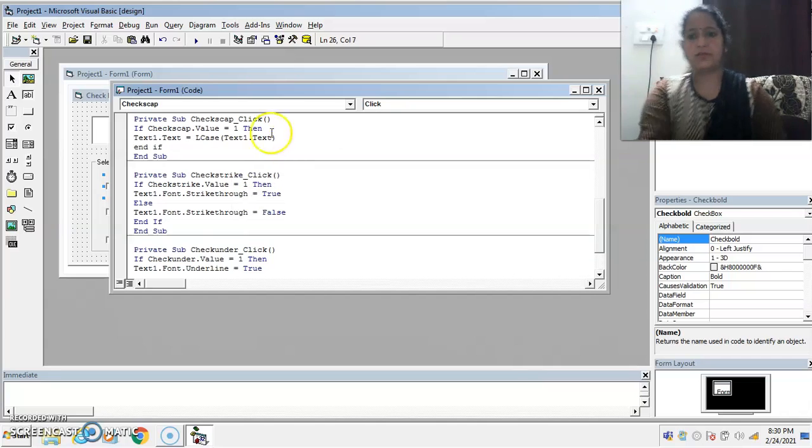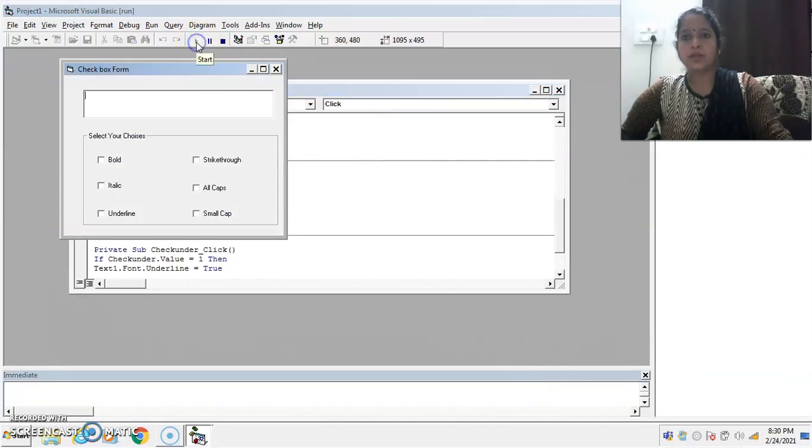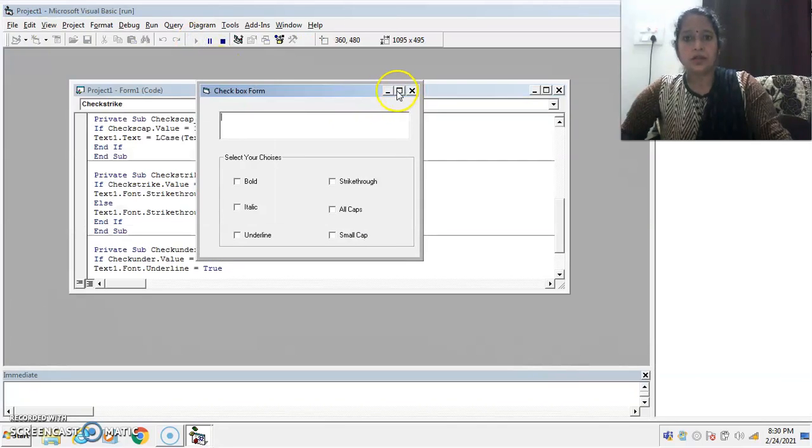End if. Now coding for all control buttons is completed. Now run this program to check whether our checkbox buttons are working properly or not.